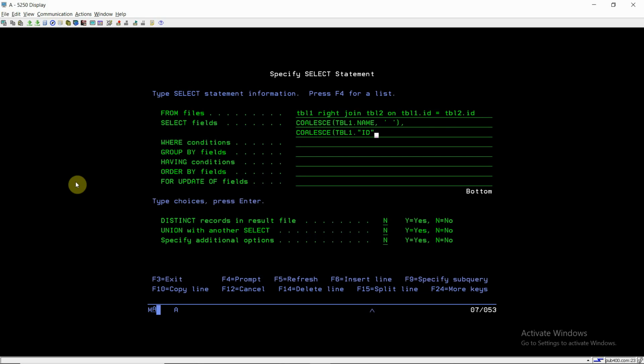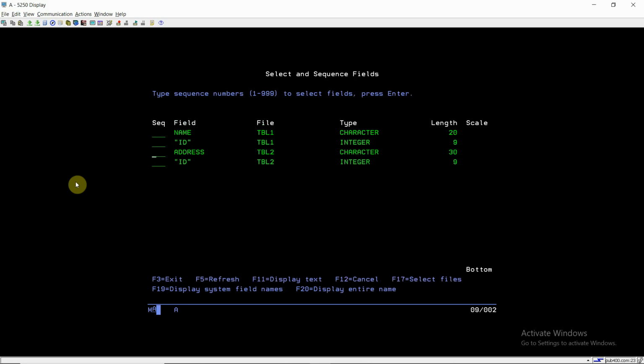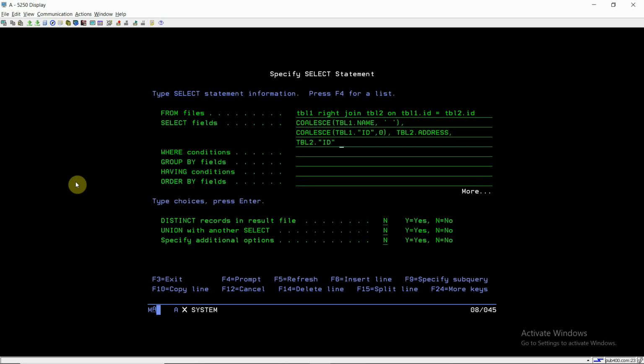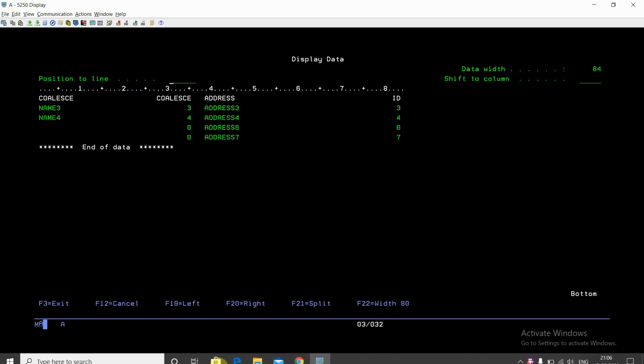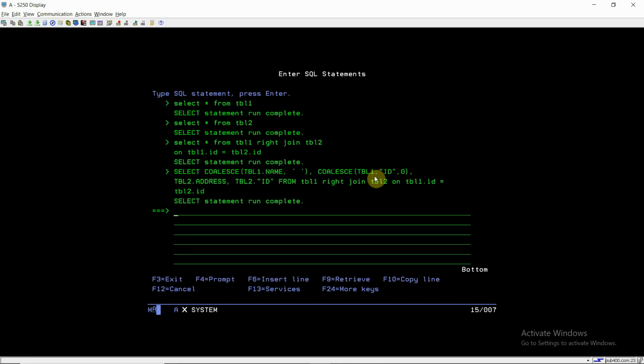For this I'll be using 0 if null, comma. Address and ID from table 2 cannot be null because we have used the right join. So now we are getting blank and 0 for the null values. So this is the right join operation.